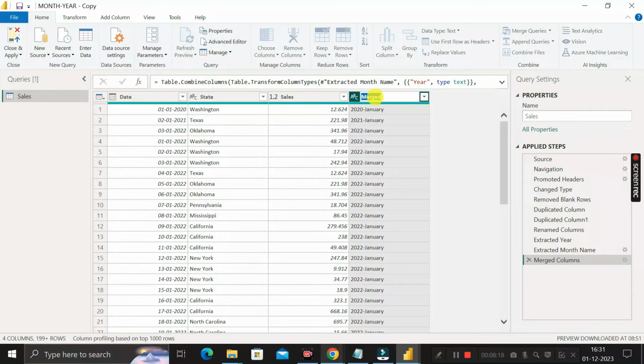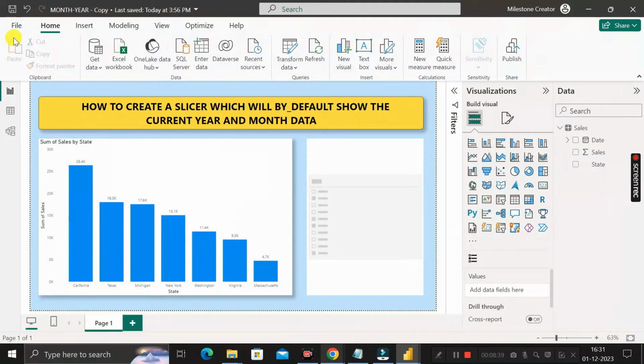Or we can rename it as the year underscore month. Then click enter. Okay, then click on this close and apply tab, all right? And then it will take you to the Power BI desktop environment. And now as you can see here, we have successfully created one particular column called as the year and month,